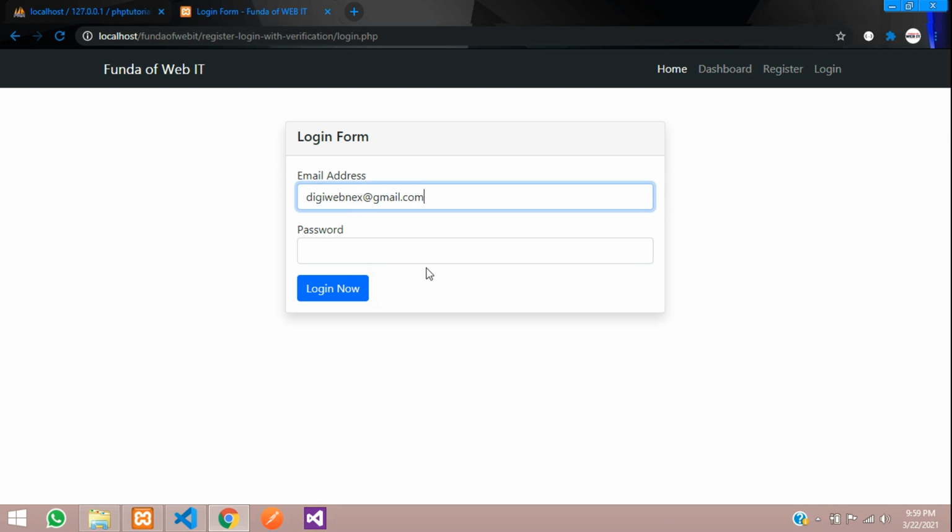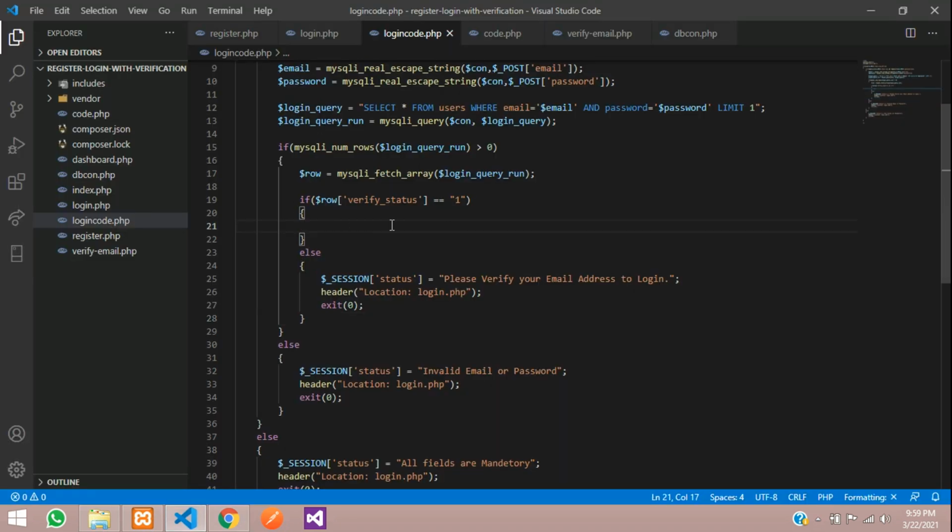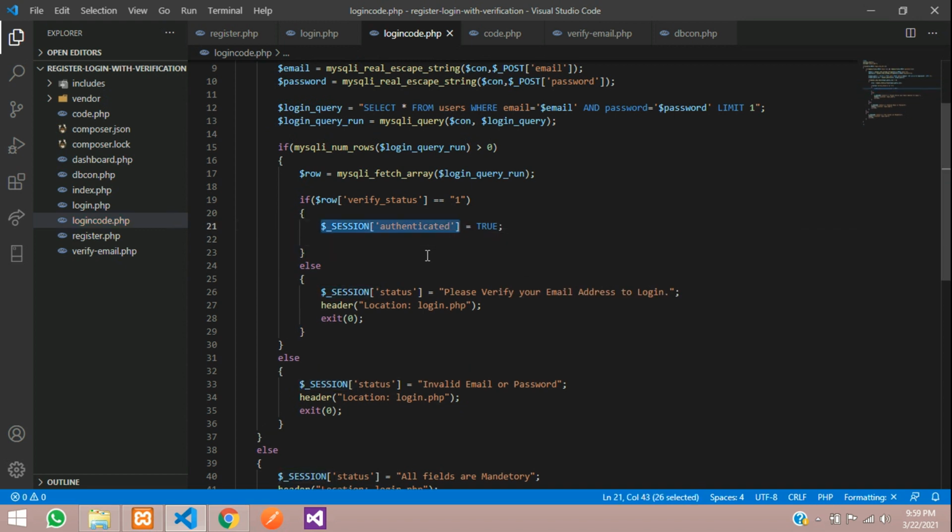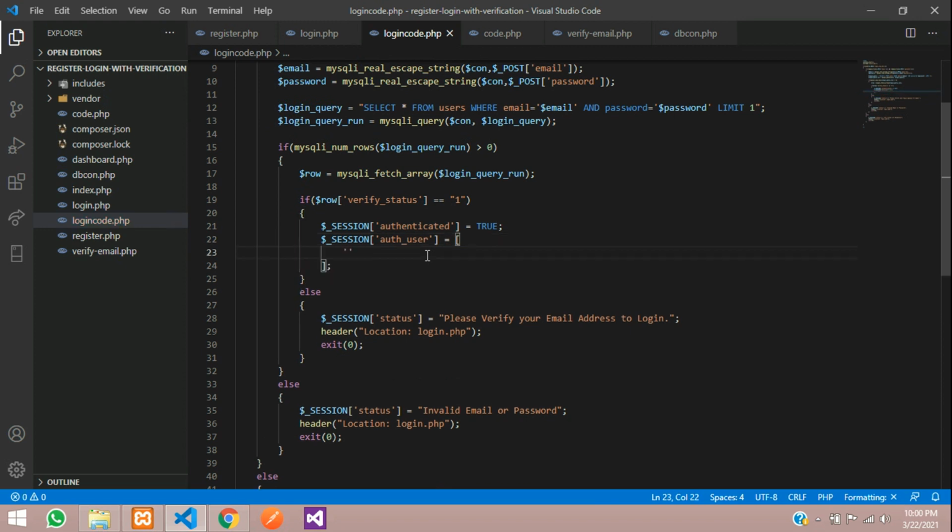Again, let's refresh, add the mail ID and then login now. You can see it's going to the login code. So now it is inside this if condition. So let's create a session over here with the variable called authenticated. So this will be authenticated is equal to, which I'm going to set as true. For user details and all, to store that, let's create a variable called auth user, where we are going to assign an array inside this. So that will be username,